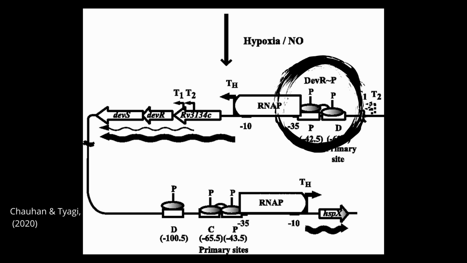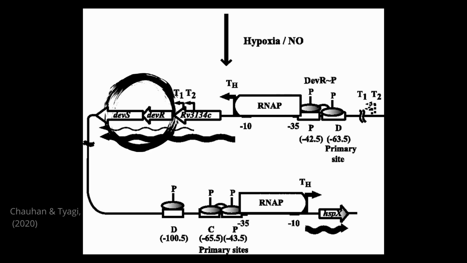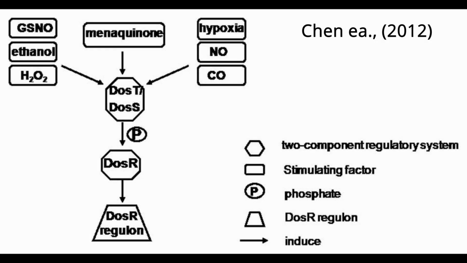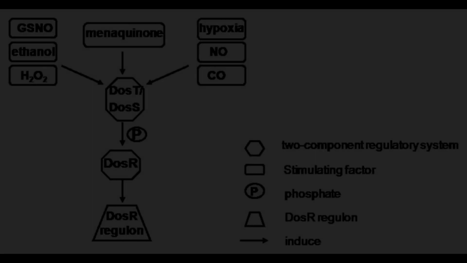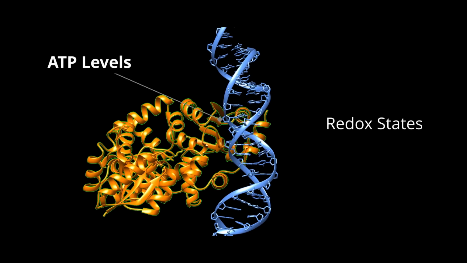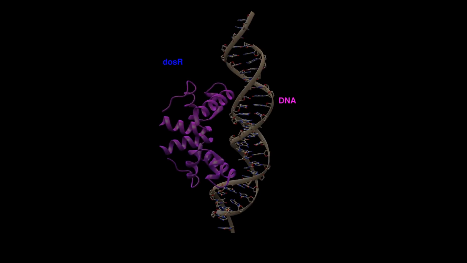Once DOS-R is activated, it works with DOS-S, ultimately regulating a large regulon with 48 genes, the DOS-R regulon. The DOS-R regulon is the key to the survival of MTB during latency. Despite the lack of oxygen, the DOS-R regulon allows the bacteria to survive under anaerobic conditions, upkeeping ATP levels, redox states, and various metabolic processes. Due to its adaptation to surviving in these conditions, Mycobacterium tuberculosis can survive dormant in the host body for months